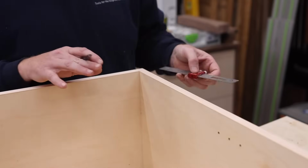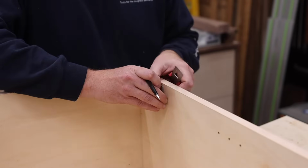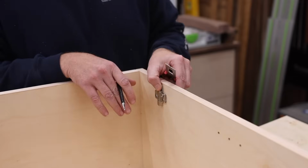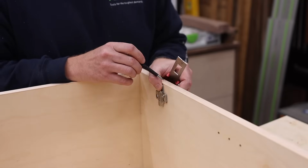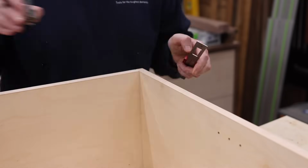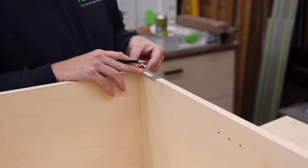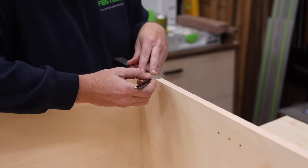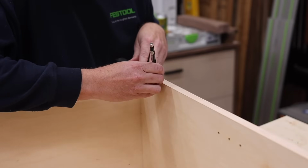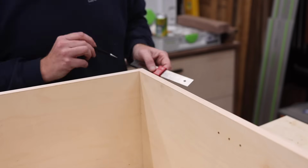So let's make this as simple as possible. We need to identify where we need the actual plate to go. Not necessarily the depth that it goes from the front edge just yet, but where we need the actual plate. And to make this very simple, we're going to measure from the outside edge of the cabinet, we're going to measure 100 millimeters. And we're going to mark a line at the bottom,